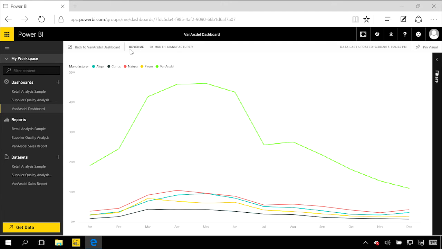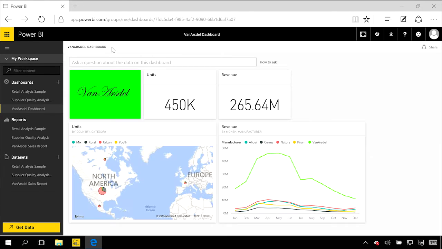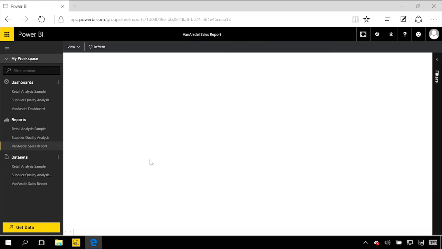You also get to see along the top some more details. You can see exactly the fields that have been used in this, and you can see in the top right-hand corner when the data for this chart was last updated. So when did the last data refresh happen for the visual that you're looking at? You can pin the visual directly from here, and you can go back to the dashboard by clicking this button on the left-hand side. So it's easy to focus on a particular visual and pop that out into this in focus mode. The other way you can do this is in a report itself.